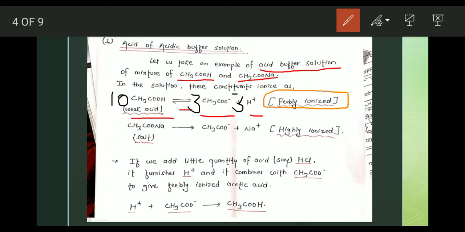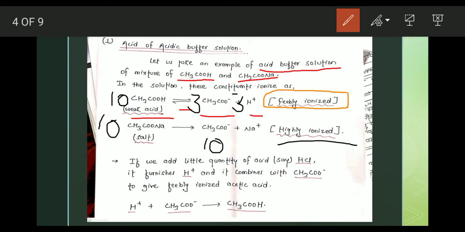This is the idea, guys. Understood? And now its salt, that is sodium acetate. Here they are highly ionized, meaning if I take 10 moles of the salt, the whole salt will get converted into